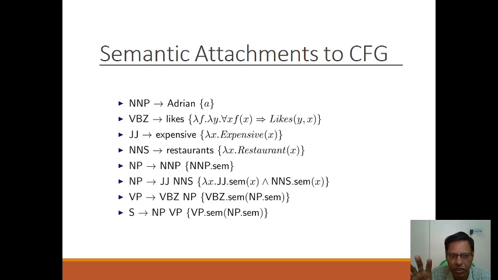Noun, pronoun, that is noun pronoun. Okay, and noun pronoun is equal to prepositions, and that is noun and verb. Okay, and verb phrase, noun phrase, verb phrase, and the statement. These are the semantic attachments of the context free grammar. See, internally a statement is divided in the form of noun, noun form, verb form, that is conjunctive, noun, verb, noun phrase, verb phrase, and statement like that.